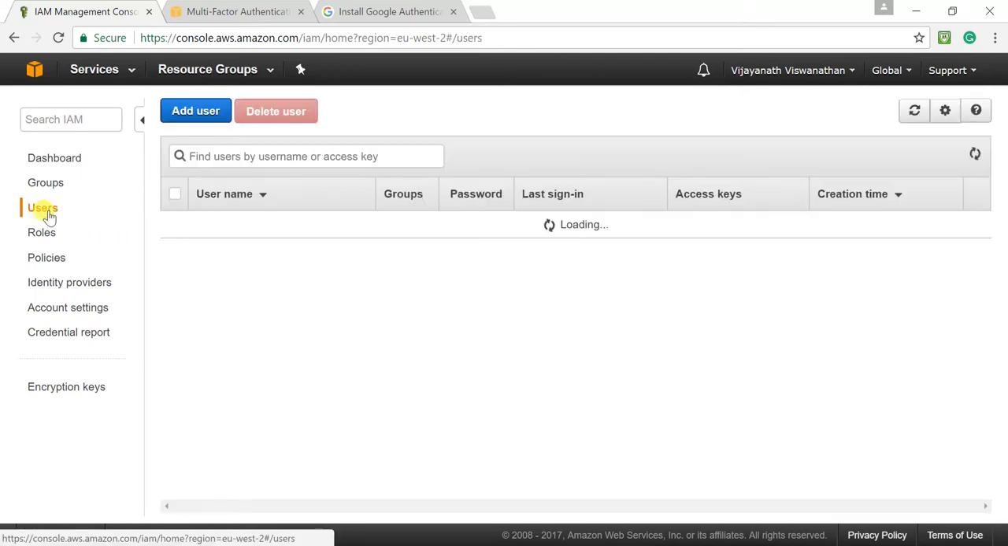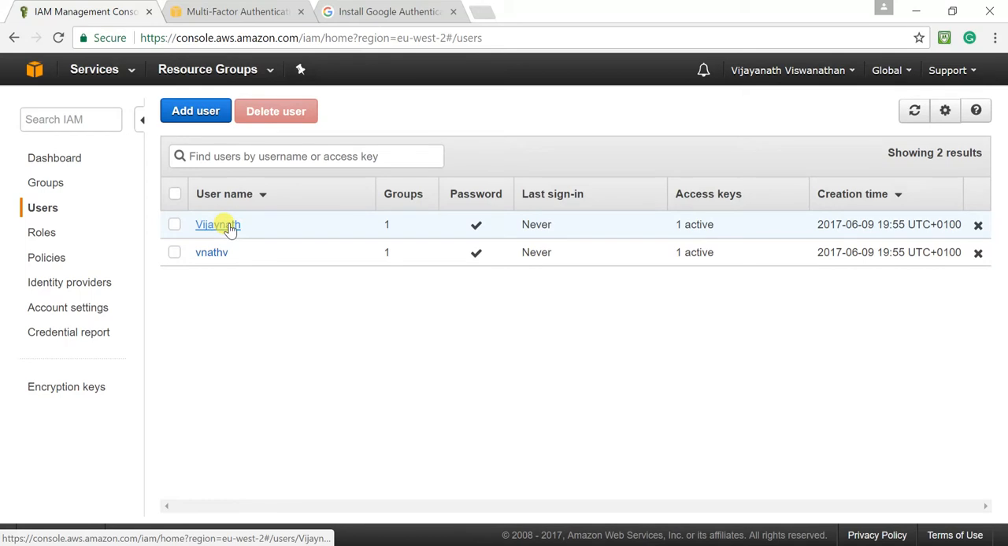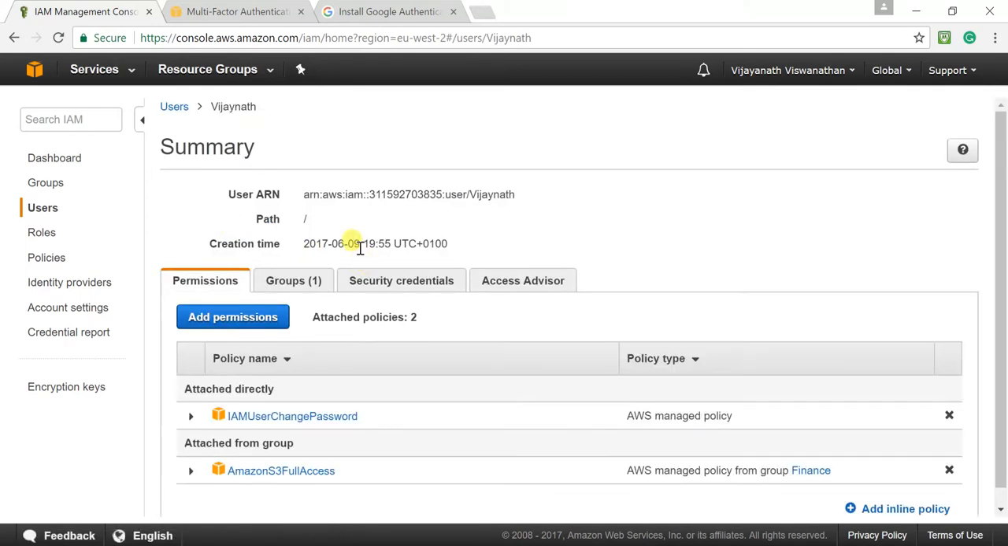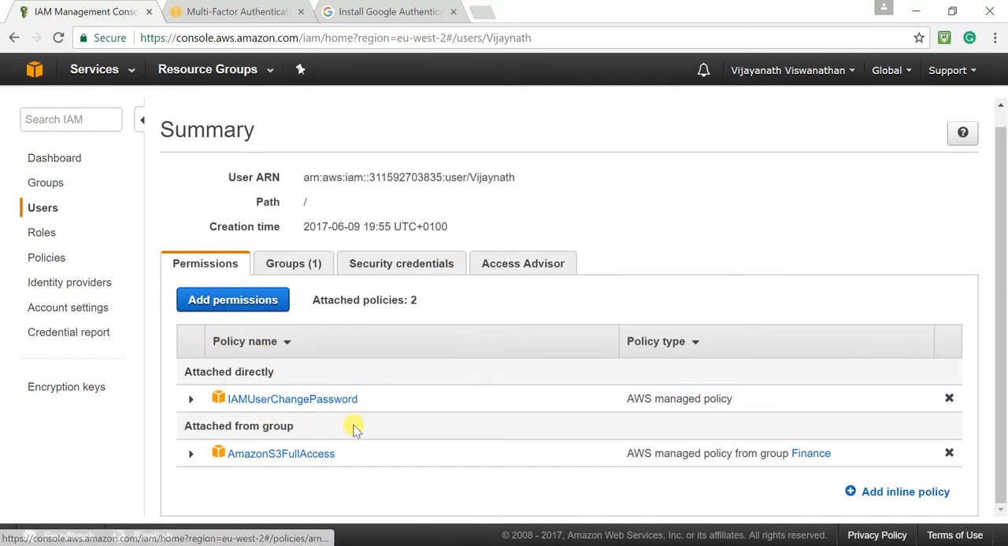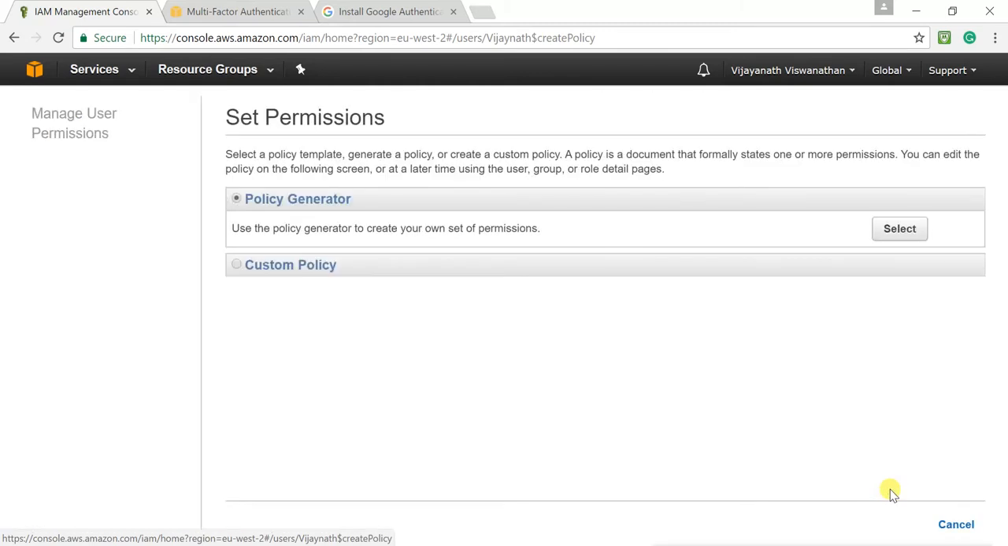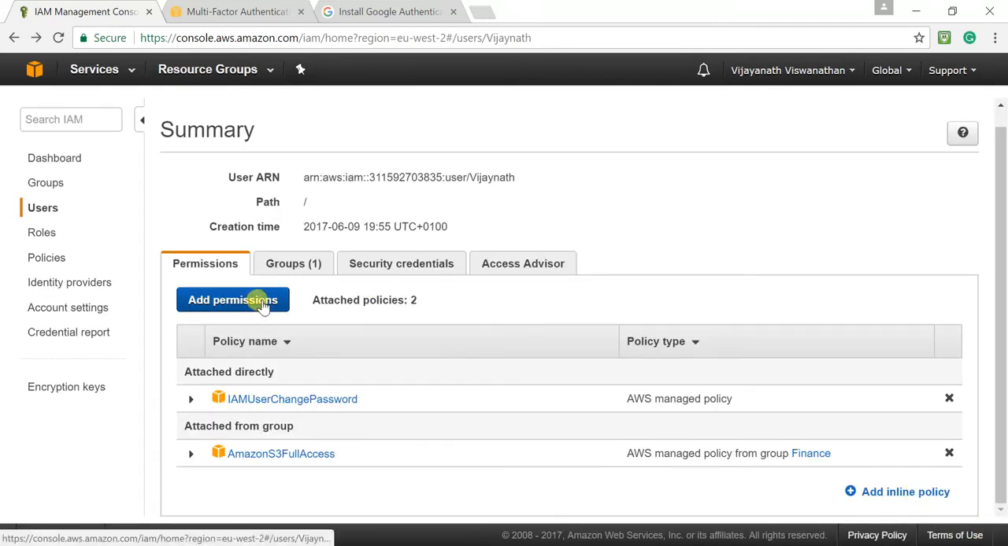Click on users. Click on Vijaynath. We can see his existing permissions. So basically Vijaynath can change his password and he has full access to S3. Now I want to add an individual permission to the user. Click add inline policy here. Sorry, that is not inline policy. Let me cancel this one. That is add permissions. So when I click add permissions,